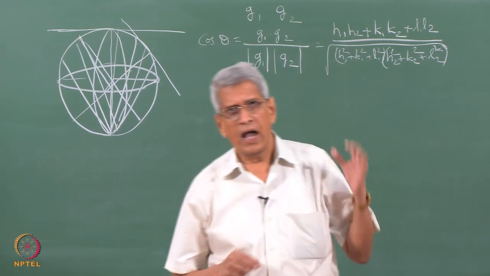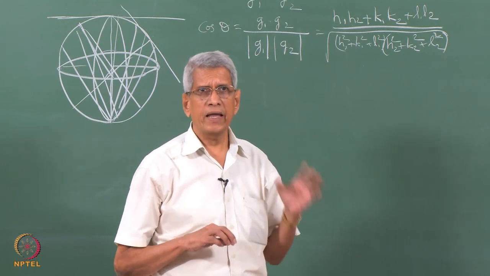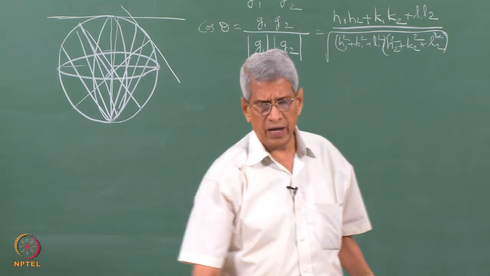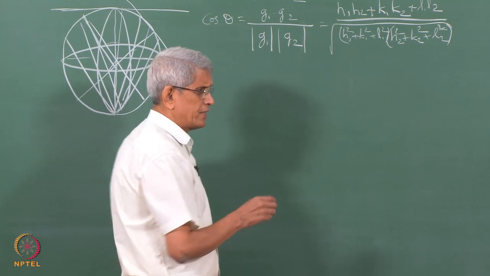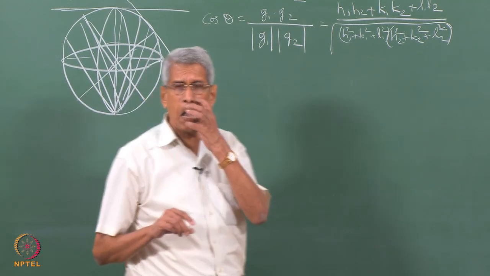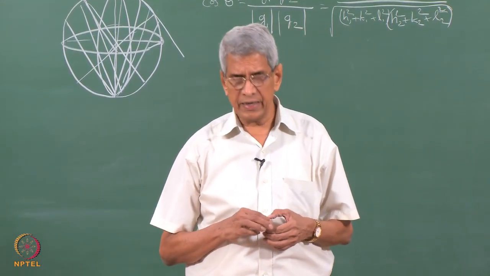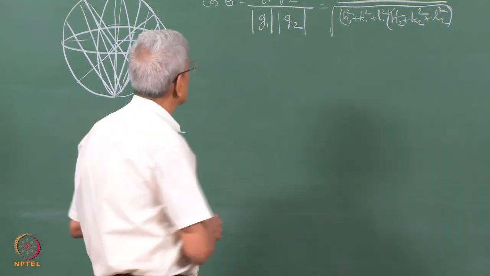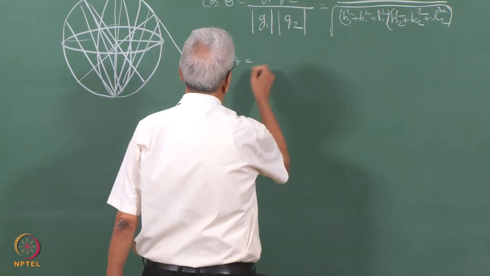Also, plane normals and directions have the same indices for the cubic system, whereas for all other crystal structures, Bravais lattices, the plane normals and the directions do not have the same indices. Because of that, if we have to find out the angle between the planes, we have to use this formula, cos theta equals,